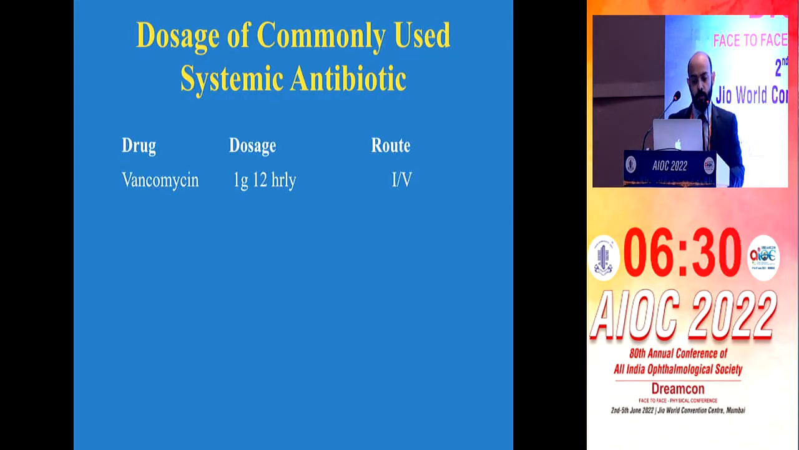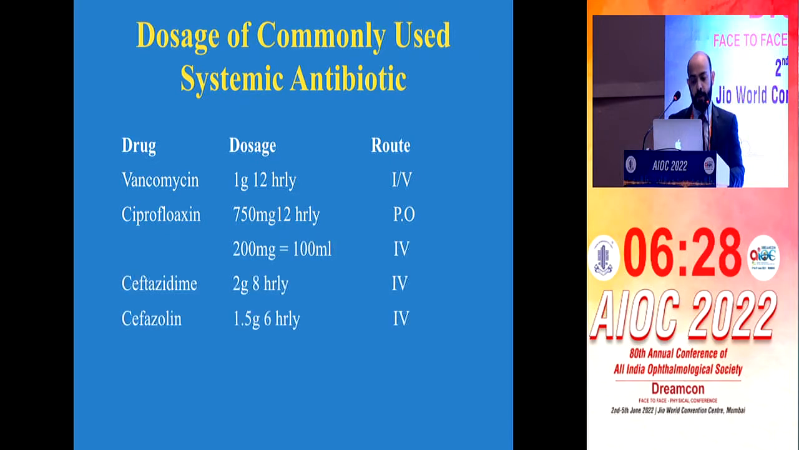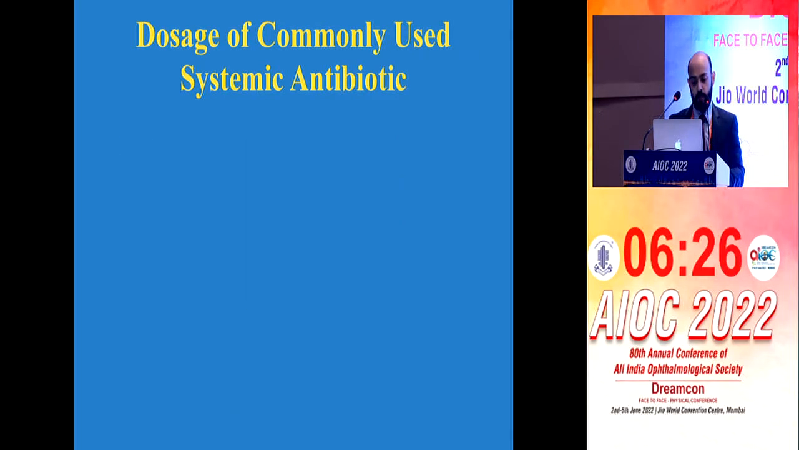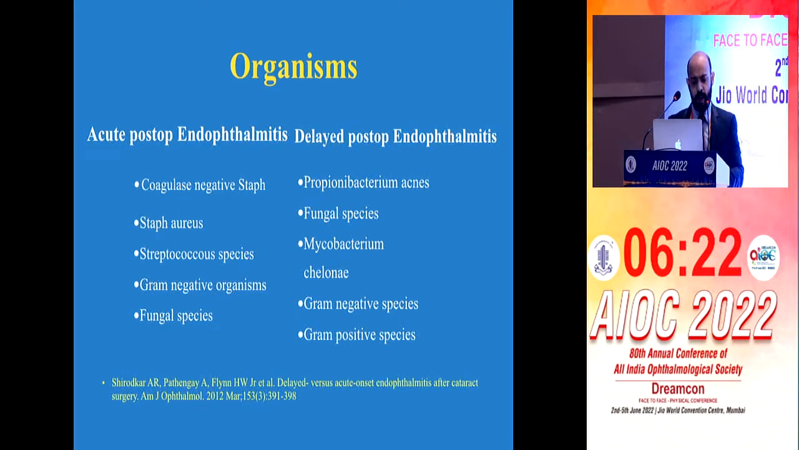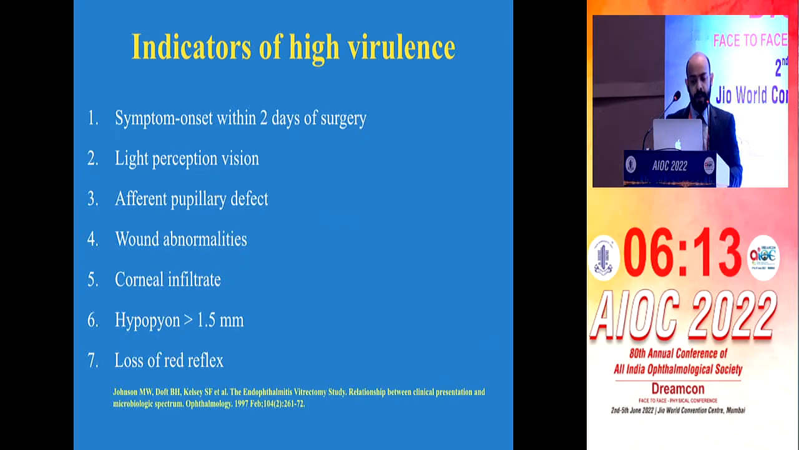Now, these are the most commonly used oral antibiotics, but we prefer ciprofloxacin, 750 milligram, 12 hourly. These are the organisms which cause endophthalmitis: coagulase negative staph, and delayed is mostly caused by Propionibacterium acnes. There are certain indicators which indicate a very virulent organism. That is symptoms within 2 days of surgery, a light perception vision, APD, wound abnormalities, corneal infiltrate, loss of red